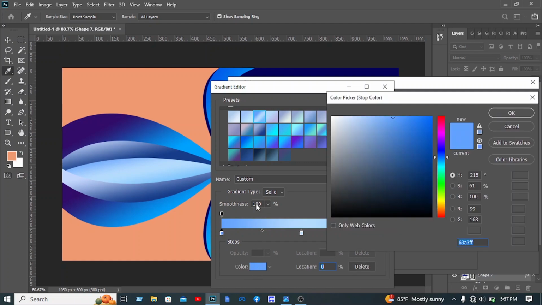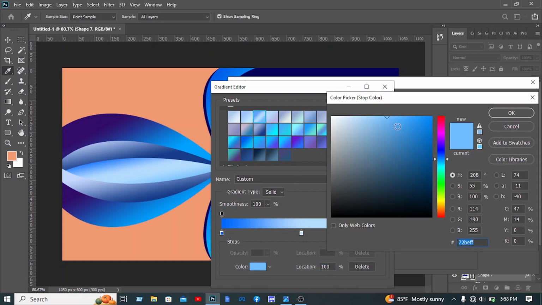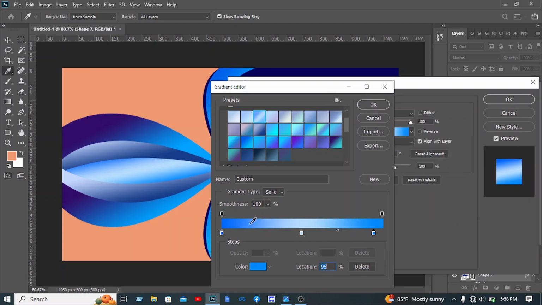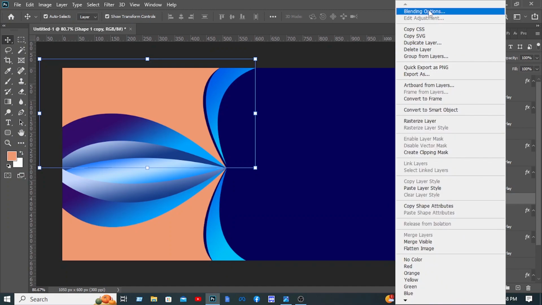then select this, then click on the color, then you have to select this color from here, then click on the OK, then click on here, then click on the color, then you have to select this color from here, then click on the OK again, then drag this in here, then drag this in here, then click on the OK, then you have to select this layer, then right click on this layer, then click on the blending option,